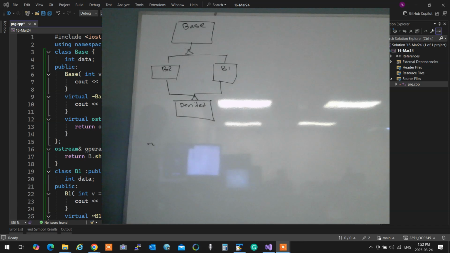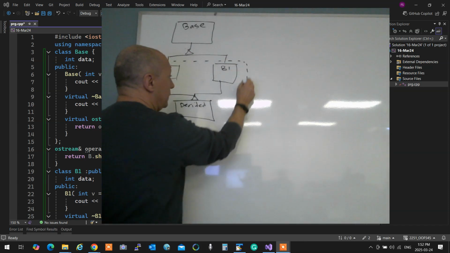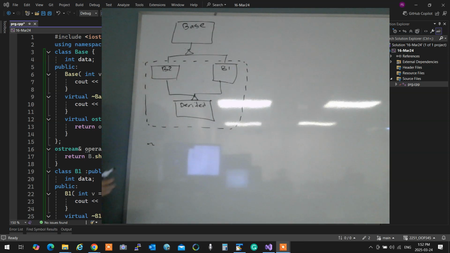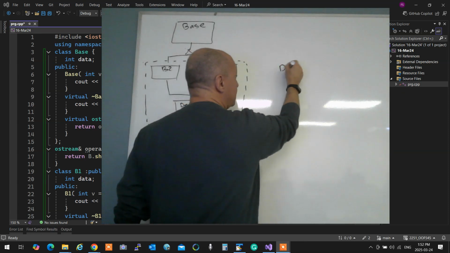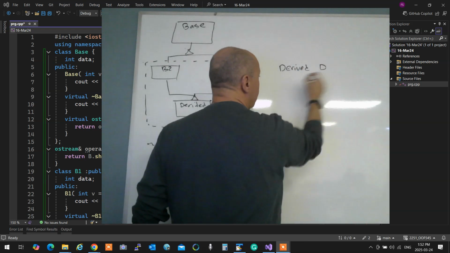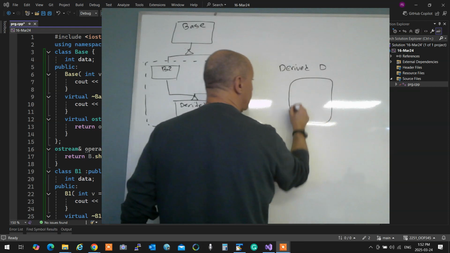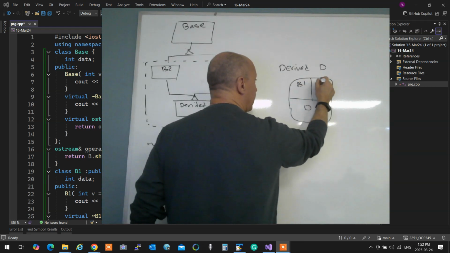When you only had this one, let's assume base is not there. The object diagram of derived, when you actually say derived D, the object that is created contains derived, and it contains B1 and B2.